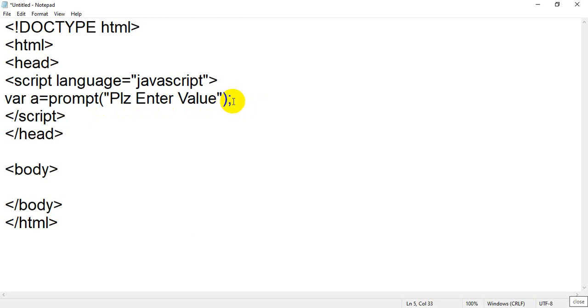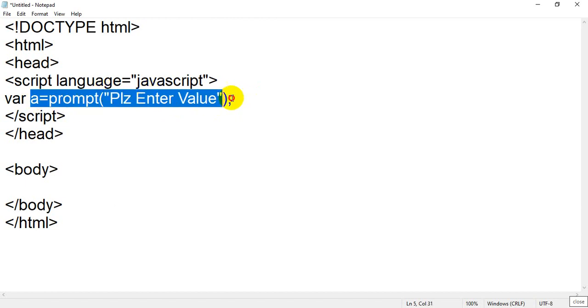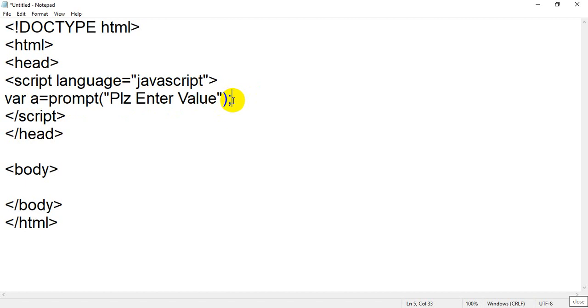This semicolon says that this statement is now closed, now ended. And again, adding a semicolon in JavaScript is optional. There is no compulsion to add it.